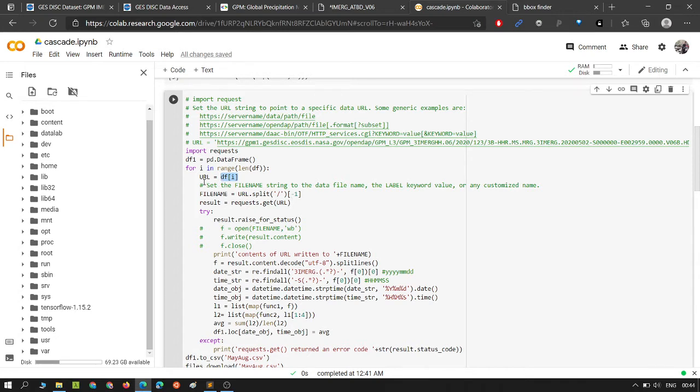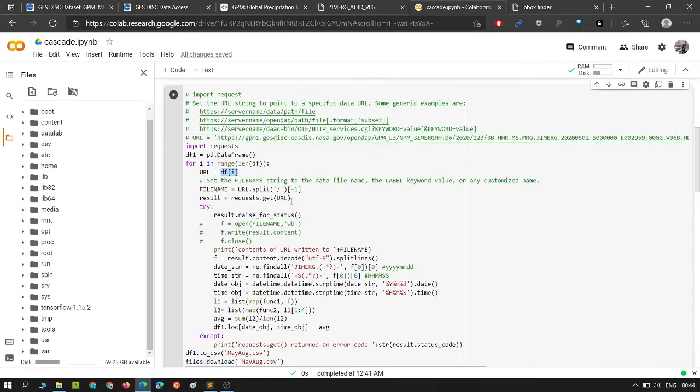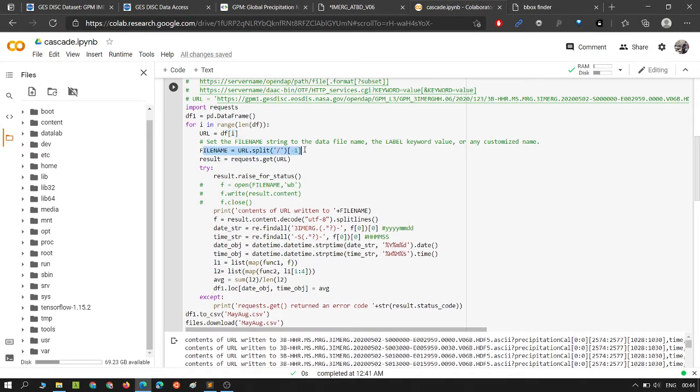The URL will be associated with the first line. Now what we do here is, this is not necessary. requests.get(URL) will fetch the result. What it does is, it logs in with the URL, fetches the data and results, and gives it back. And raise_for_status checks if the result was successful. If the GET request was successful, it returns 200.